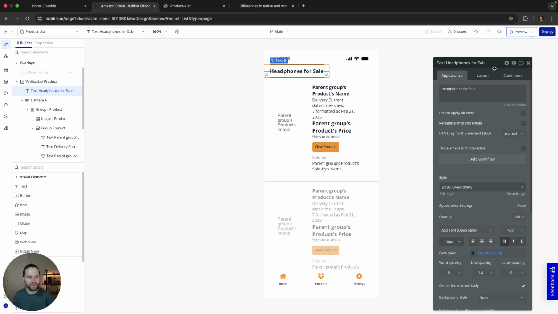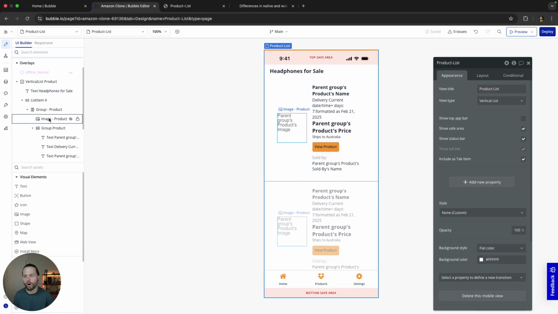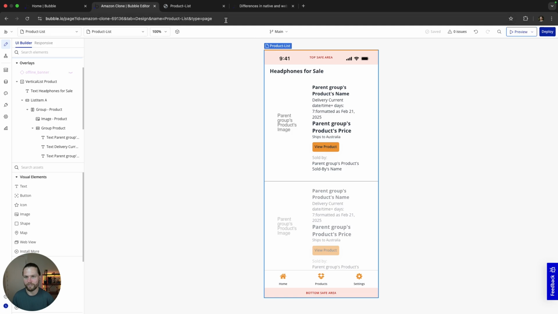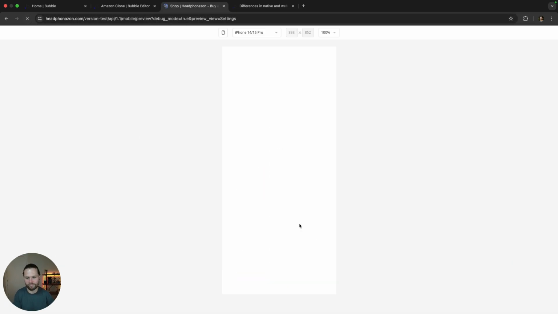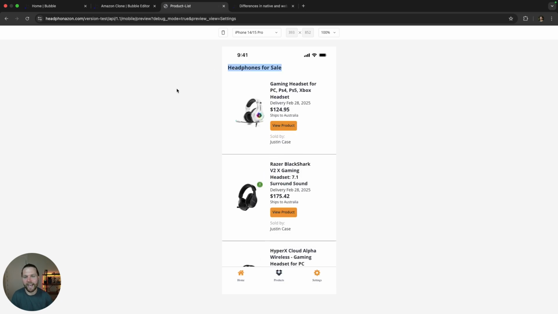That is the way that you then add elements to the top of this vertical list. Little bit of a hoop that you've got to jump through, and maybe it will get fixed as Bubble continues to develop this application. But if we want to have a bit more control over this page and add in a heading, you can do that, which is cool. Now let's chat about